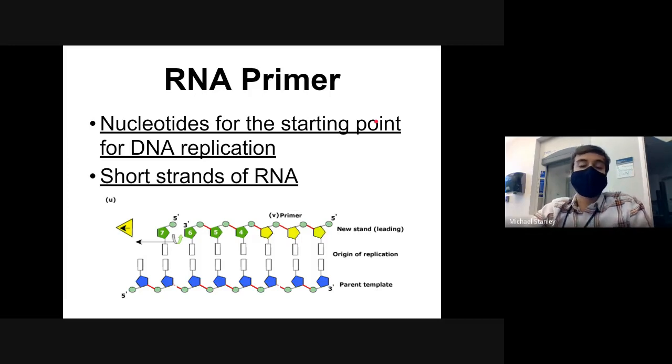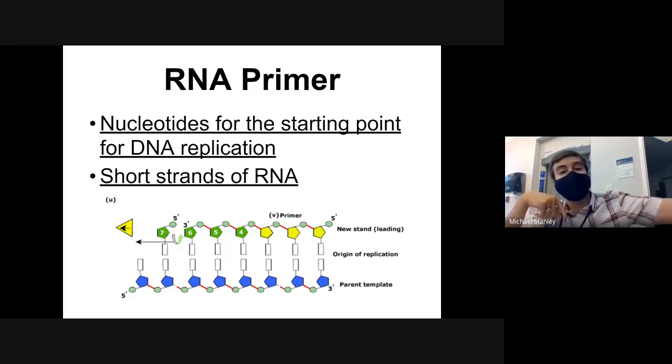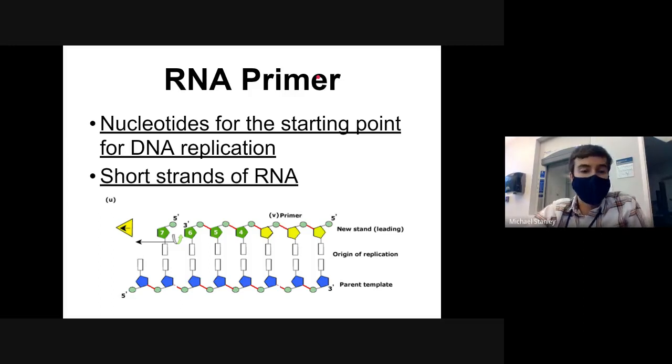replication. So like I said, once the DNA is open and the bases are exposed, our DNA copying enzymes can't just start going in and putting down new bases. They need a starting point. They need this primer to start off of. So instead of the DNA just starting to get built, we get this little piece of RNA that goes down, and then we can come along and fill in the rest of our bases with DNA. They're pretty small, only like 3 or 4 bases long, but that's all the other enzymes need in